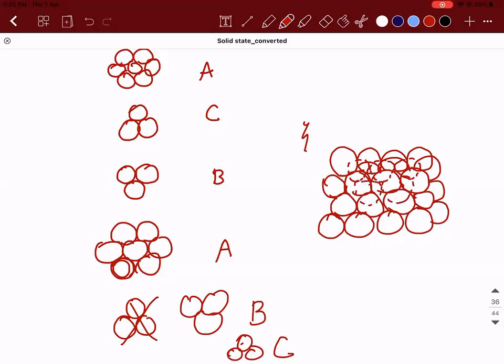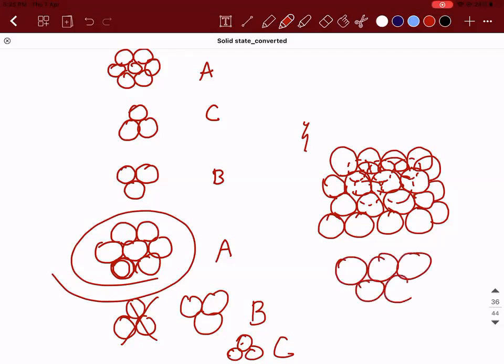Again, when you're placing, you have to calculate. This is the center one, so obviously it will be 12. So it will be like this. See, this is the first layer. Second layer means what happened? You will be placing like this. So again, the third layer will be like this. Clear? It will be on top of it. And in the depression between 2 particles, if there are another 2 particles, in between the 2 particles.